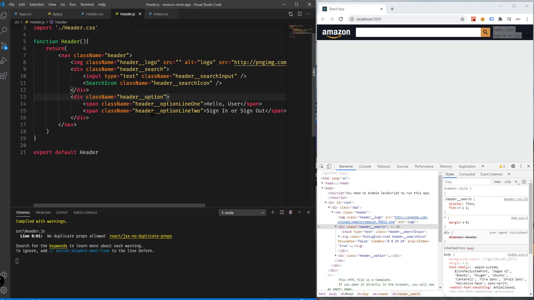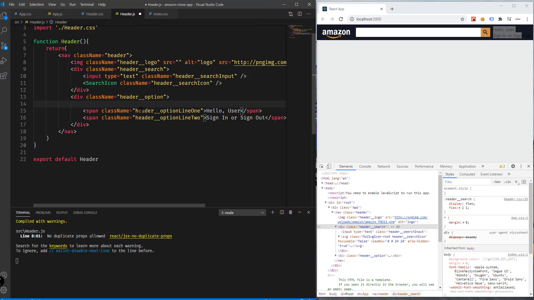Okay. So later on, we will be adding links to this. For example, if we want to sign in or sign out from our website or from our app. So basically, we're going to be using the link. So that will be link,